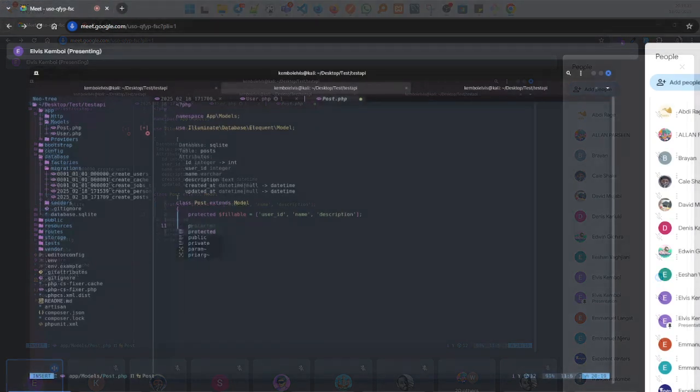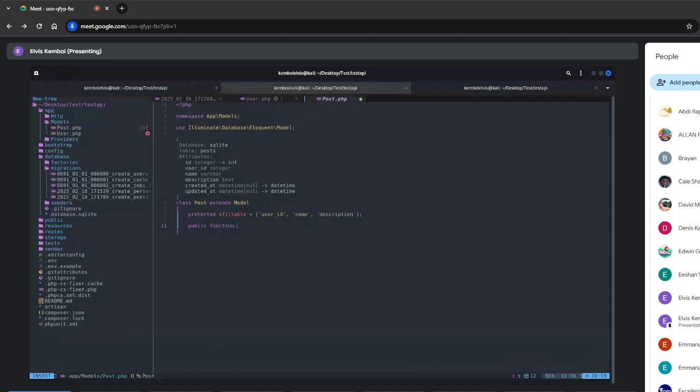Then here we create a simple relationship using the Eloquent way. We say user